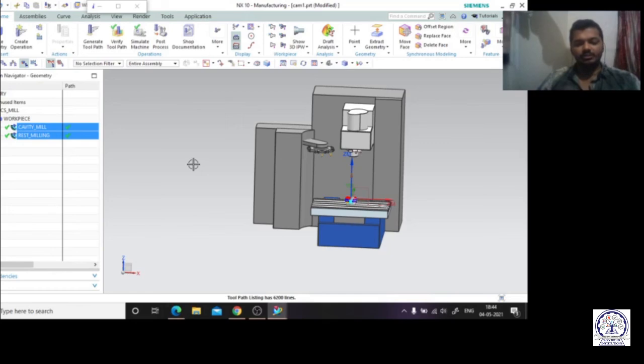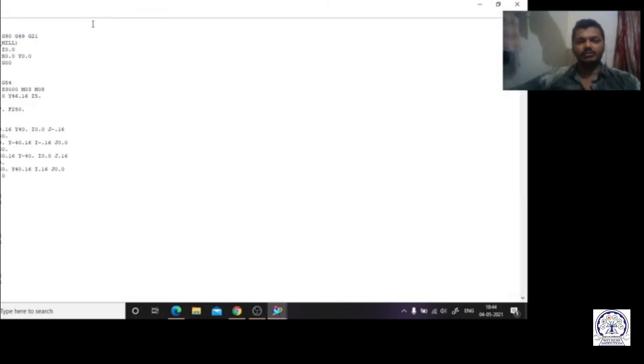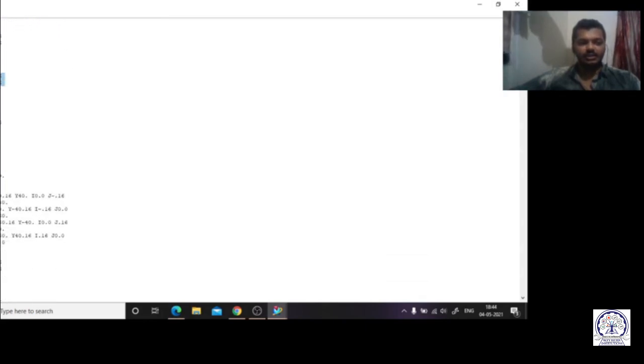So after finishing all the operations we are going to see how we can get the output. Okay, right now all of you can see, here I have got a CNC code. At first we are having the program number, then a safety line is there, then the homing process, tool selection is there, and after that so many coordinates are there, x and y coordinates. Okay, somewhere we are using the G code.